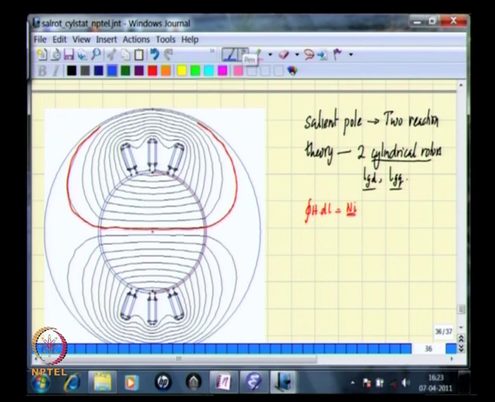Observe that this will be the same whether you take this flux line or that flux line or that one, because for all these cases the number of turns included is the same. On the other hand, if you take a loop like this,